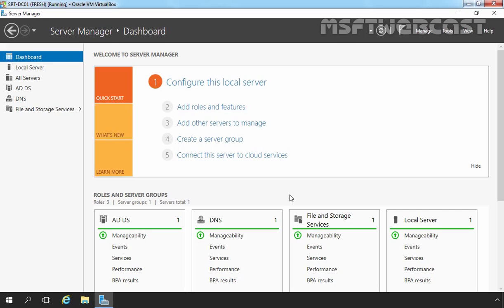In this step-by-step video tutorial, you'll be learning how to install and configure file screening using File Server Resource Manager on Windows Server 2016. If you manage one or several file servers in your infrastructure, you may want to prevent users from pasting files with specific extensions. File screening management is a feature which allows you to create file screens to block specific file types from being